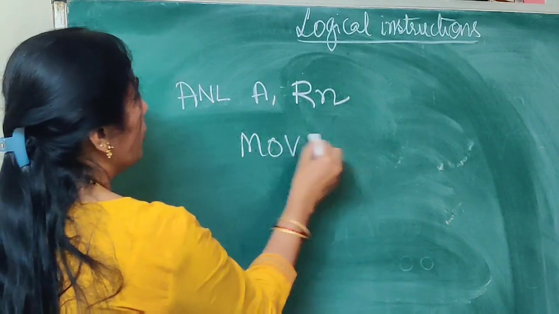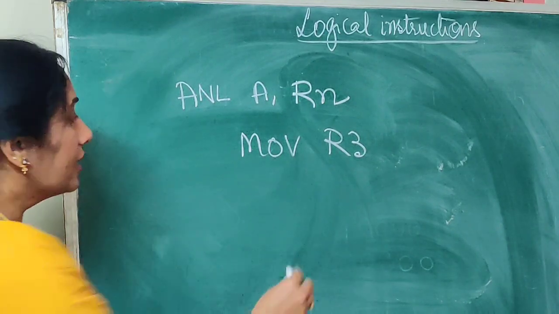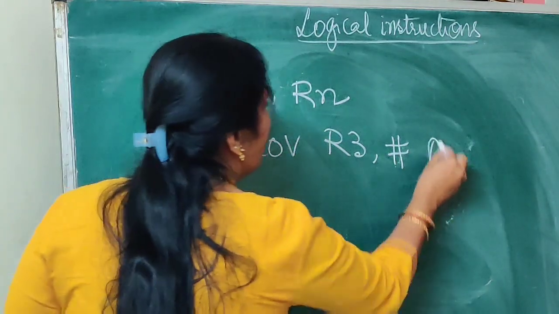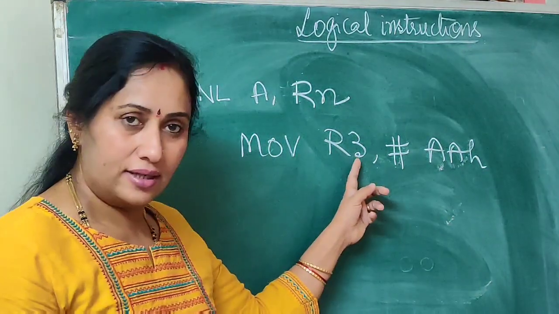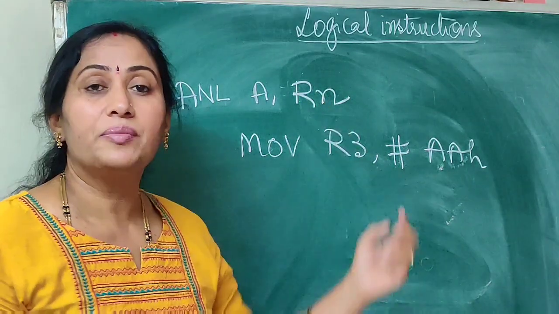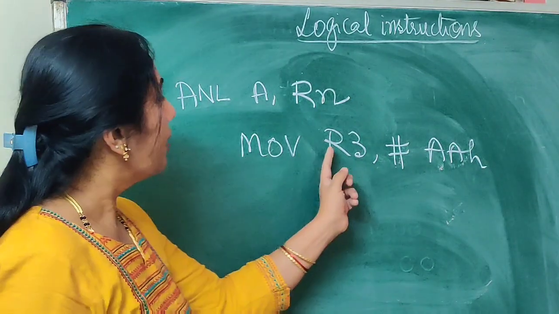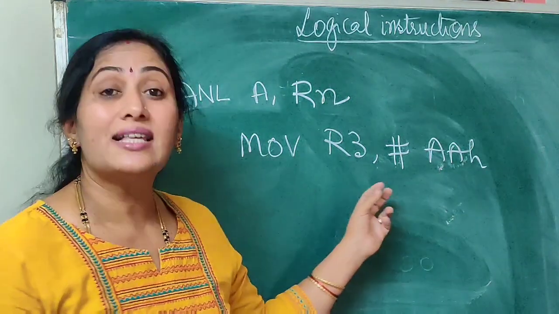Say, I'm going to take the register, say R3. Okay, I'm loading R3 with certain data. Say for example, AA hex. I'm loading R3, the working register, because I have written over here Rn. N can take up the value 0 to 7 because we have 8 working registers. Okay, I have loaded R3 with AA hex. Now this particular instruction is having an error.